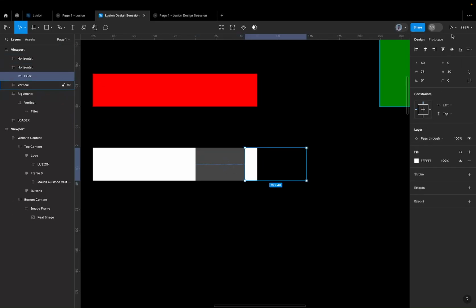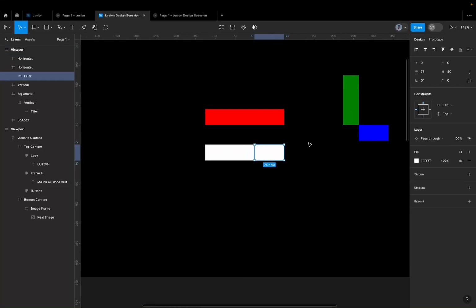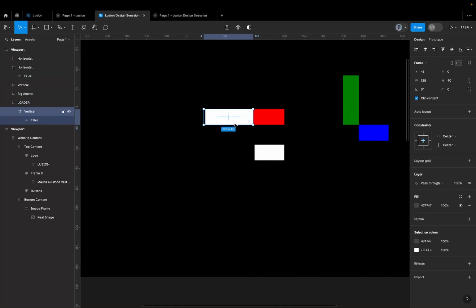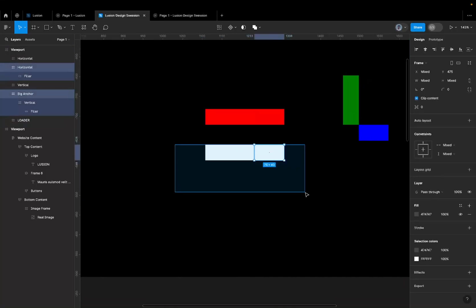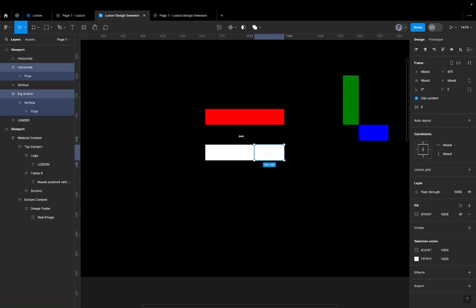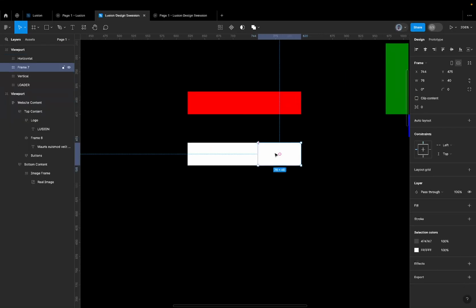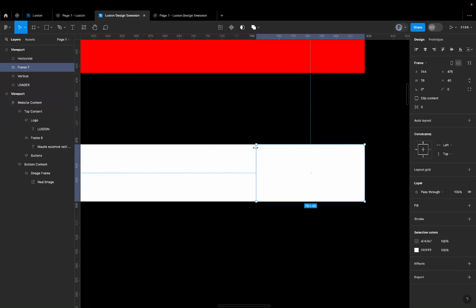So I'm going to Ctrl Z, make it come back to normal. Then I'm going to select both of them. Ideally, at this point I would have dropped them into this frame, but I think it's going to be easier for me to create another frame over them that covers them again. So I'm going to frame them. But ideally, the frame is going to be small because